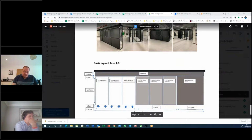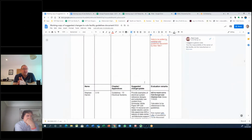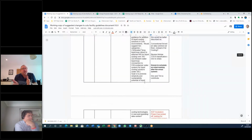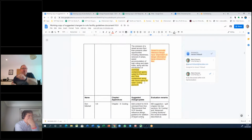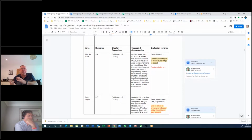Yeah, because some of the work I've been doing, which I haven't submitted yet, but was in response to Stein and Sean's comments, was really about the airflow that you're going to get down a corridor. Traditionally we set them at 1.2 meters wide, but that's fine when you're at 5 kilowatts, maybe a bit more. But once you go over 2.5 meters per second airflow, certainly right at the start of the row, if you're not careful, you get what we used to see coming out of raised floors: the velocity is so great it shoots past the first 5U and misses those servers, and they start to overheat and recirculate. So there's probably a guideline of 2.5 meters per second ideal airflow, maximum of say 4 at the